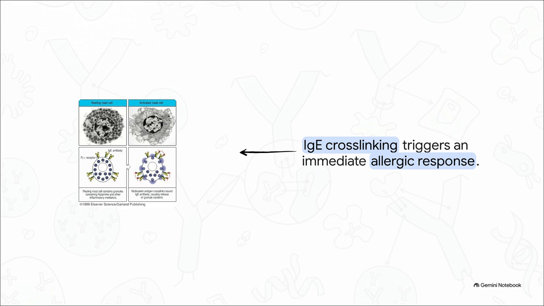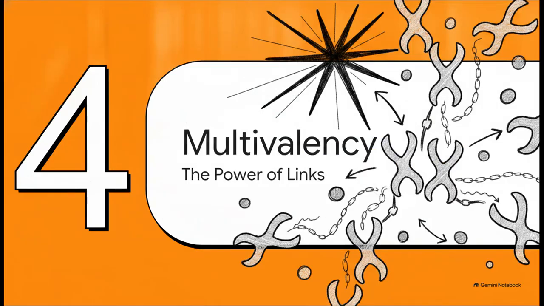Now, look at the right side. When a multivalent antigen, that red strand you see, comes along and physically cross-links 2 or more of those yellow IgE antibodies together, it triggers an immediate chain reaction. The cell activates and literally explosively releases all those blue granules into the surrounding tissue. And boom, that causes an inflammatory or allergic response. And this brilliantly illustrates Section 4, the